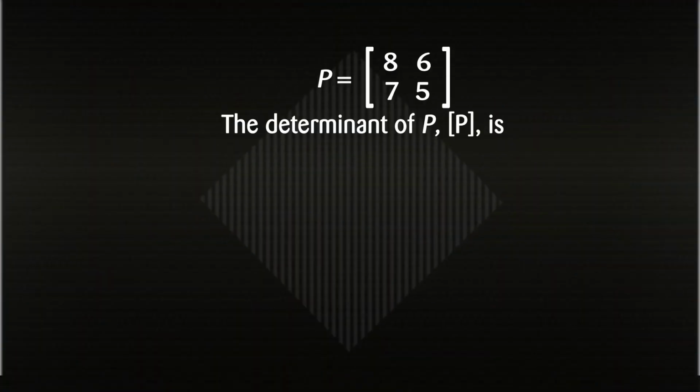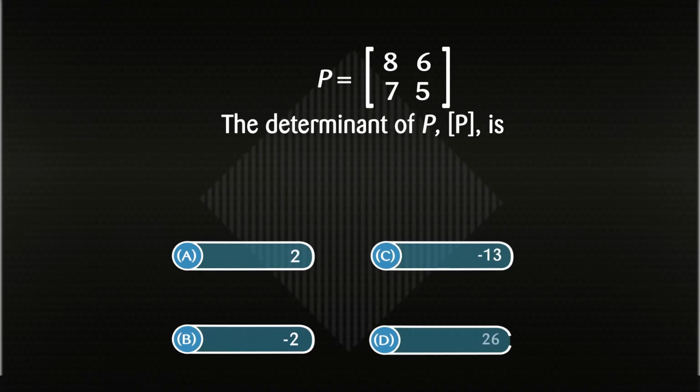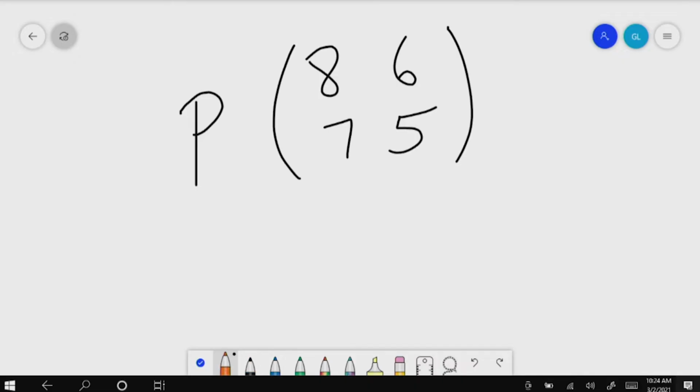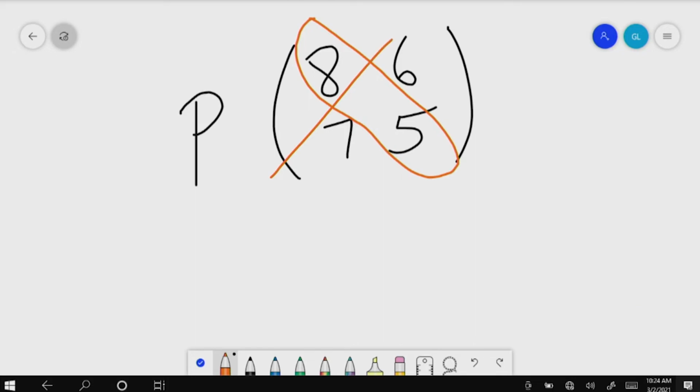If P is the matrix with these values 8, 6, 7, 5, they're asking us to find the determinant of P, which is the modulus of P. Now, the determinant of a matrix is found by the product of the leading diagonal members, less the product of the non-leading diagonal